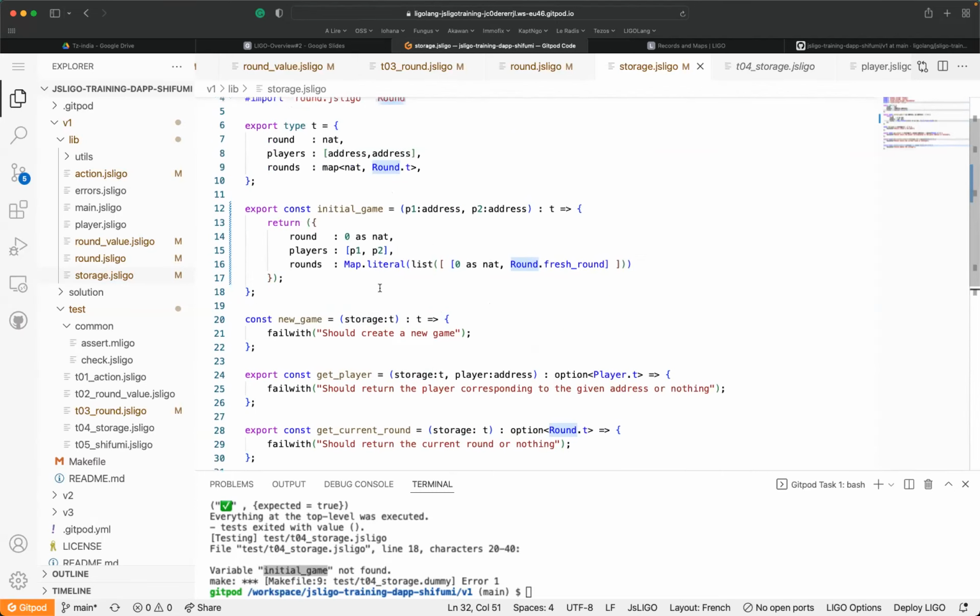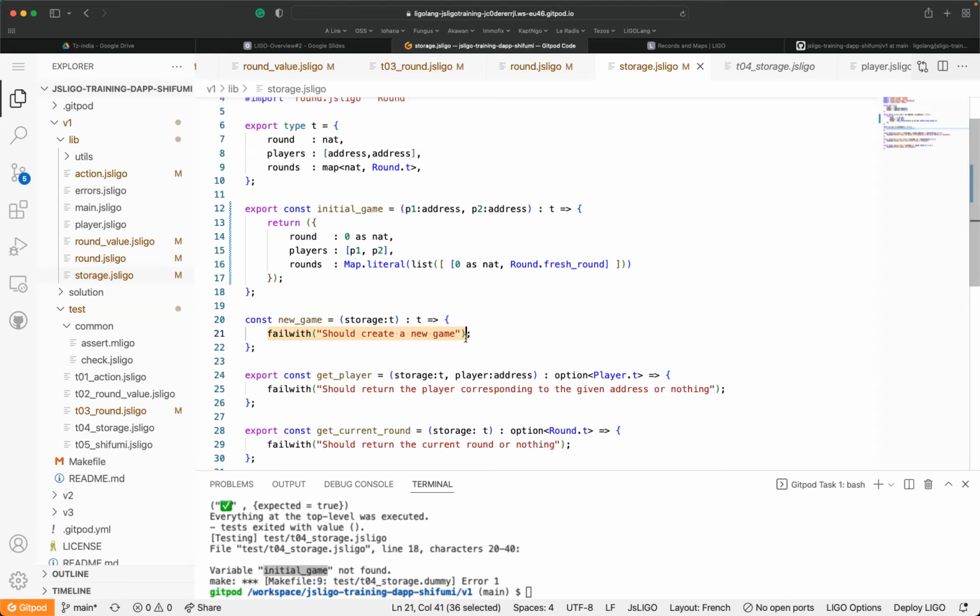Okay, so first we are going to design the new game here. New game means we are creating a new one. So it means that the round value should be incremented and the rounds should be initiated by the new one. We don't care about the state of the round.